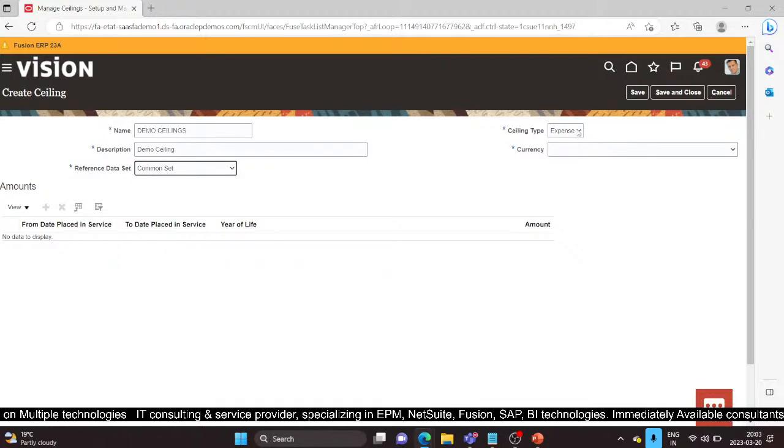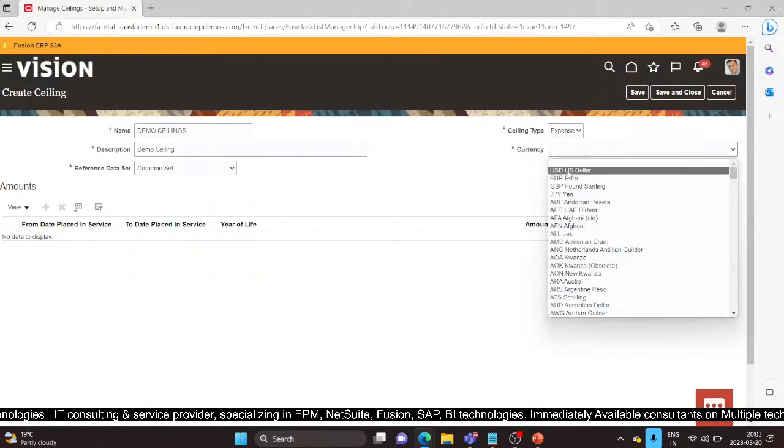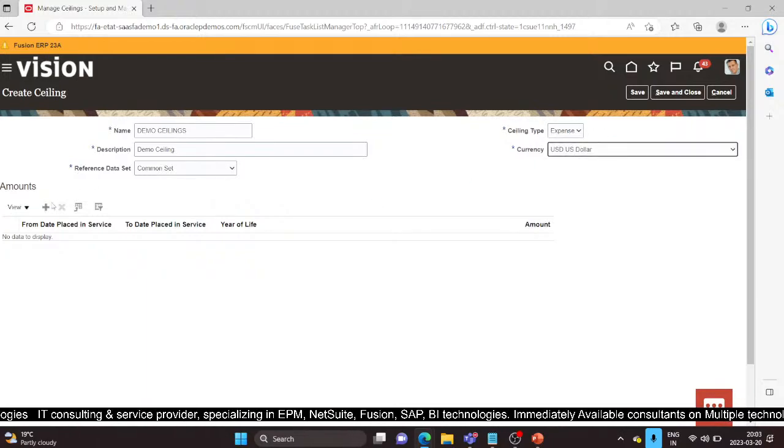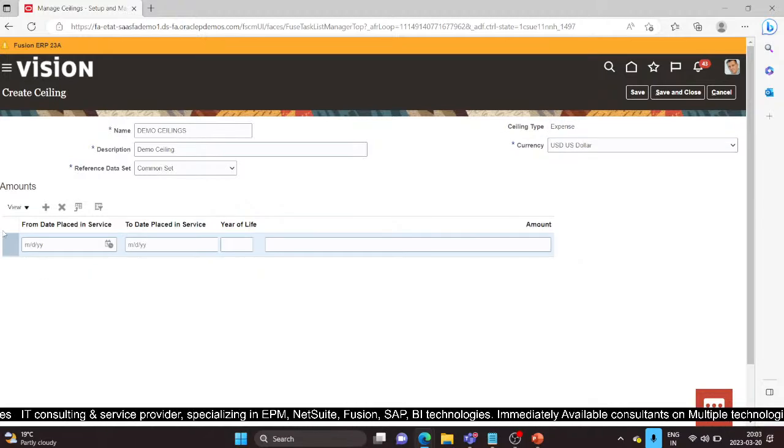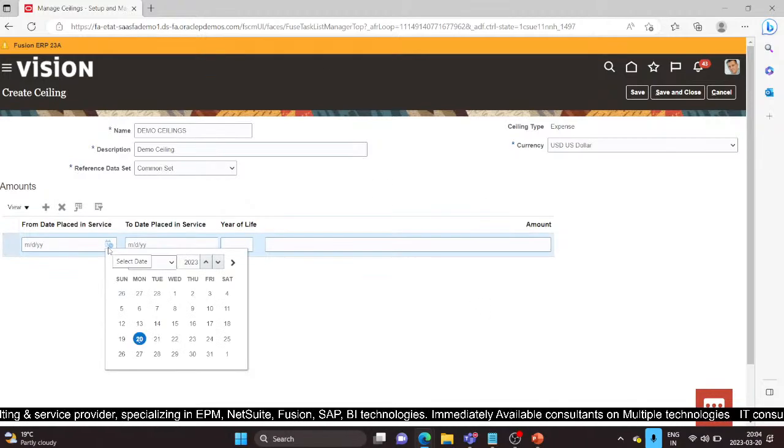Now here is the check. We need to have ceiling type as expense or cost. Then we need to select which type of ceiling we are creating. So expense, and then in which currency. So USD dollar. Now from when to when, like my asset is placed in service from which year to which year, and then we have to apply the ceiling. So date I am selecting as